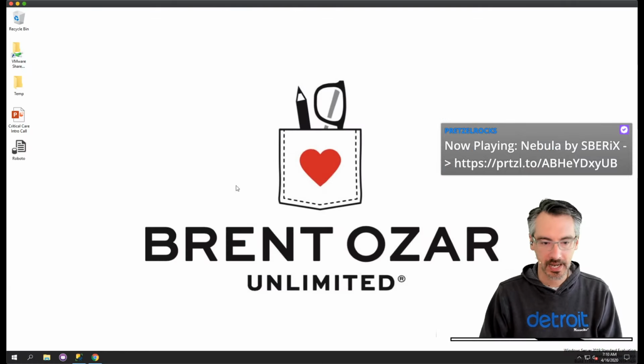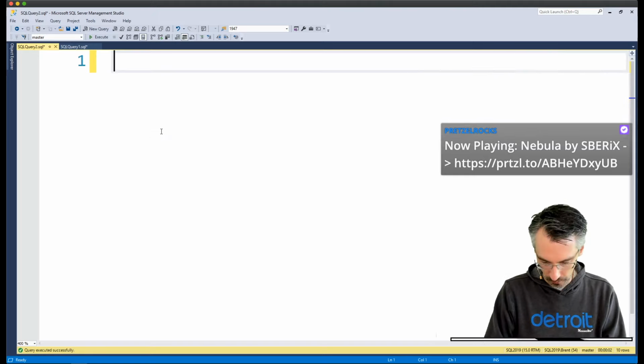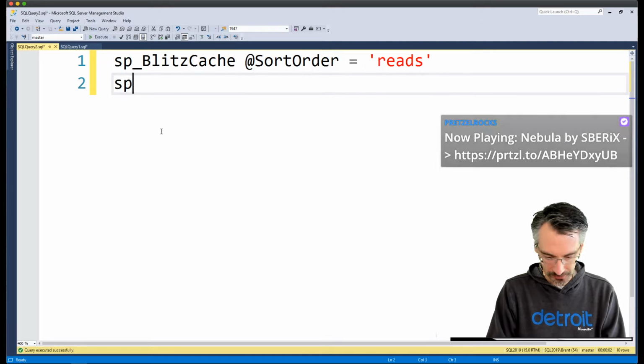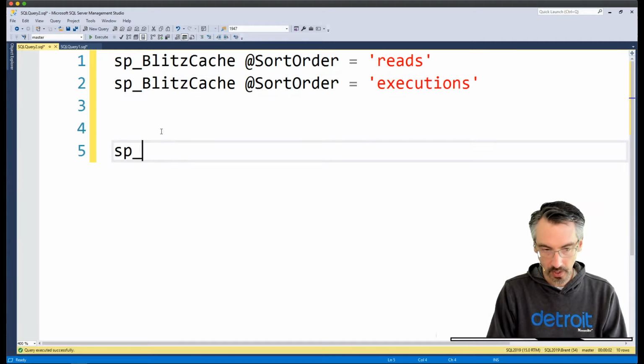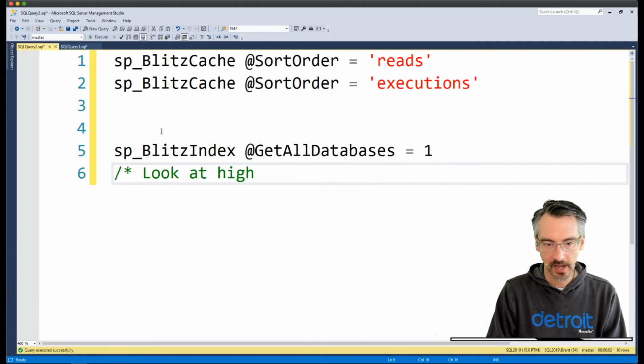Here's how you're going to catch it. So on yours, what I want you to do is run sp_BlitzCache, sort order equals reads, also run sp_BlitzCache, sort order equals executions, then run sp_BlitzIndex, get all databases equals 1, and look at high value missing indexes.